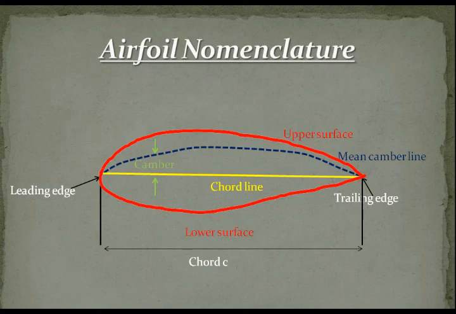The camber determines the airfoil's thickness, but more importantly, the camber determines the amount of lift that a wing produces as air flows around it. A high-speed, low-lift airfoil has very little camber, whereas a low-speed, high-lift airfoil has a pronounced camber. One more parameter is the thickness. The thickness is the maximum distance from the bottom edge to the top edge of the airfoil.